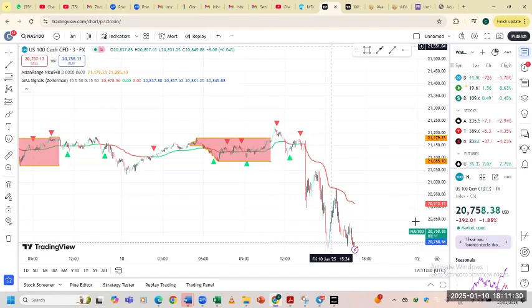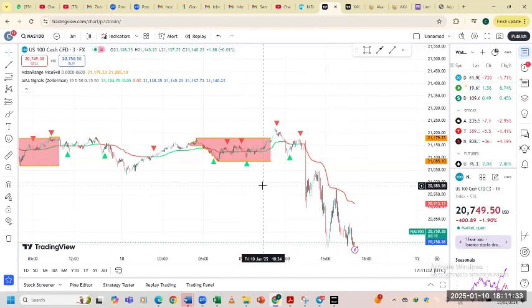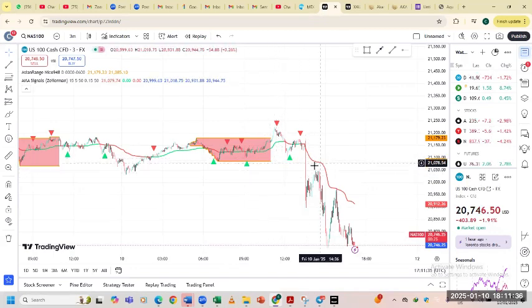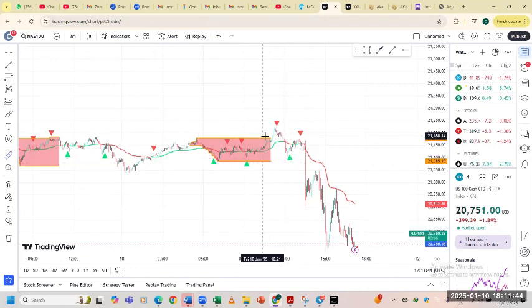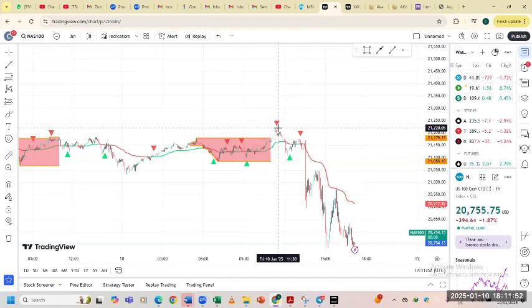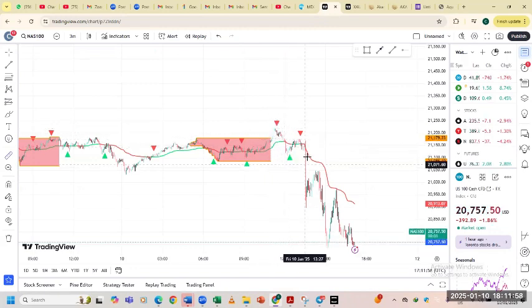Okay, but look at NAS today. Just look at this. When NAS moves, it moves. Let me calculate this. So let's even say that you took the buy here, because the strategy is whenever it breaks above the Asia high, take a buy. Let's even say you took a buy here and you didn't take profit and it reversed on you. No problem. But you got another opportunity here.